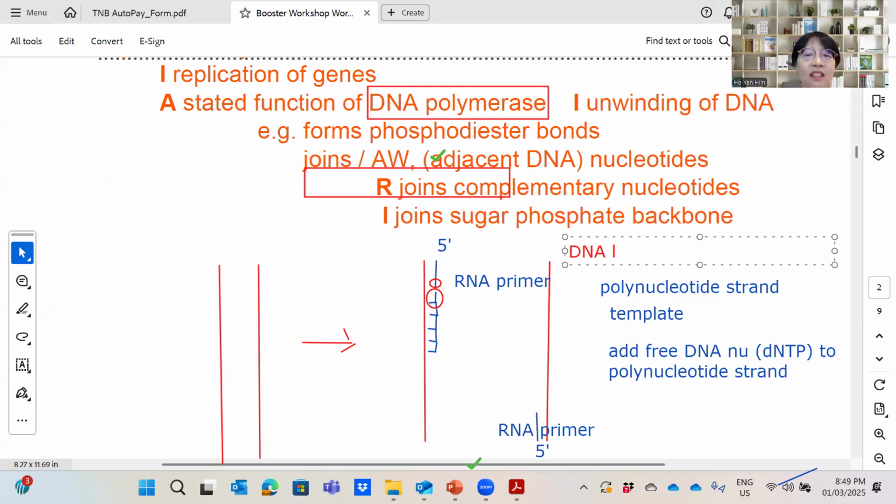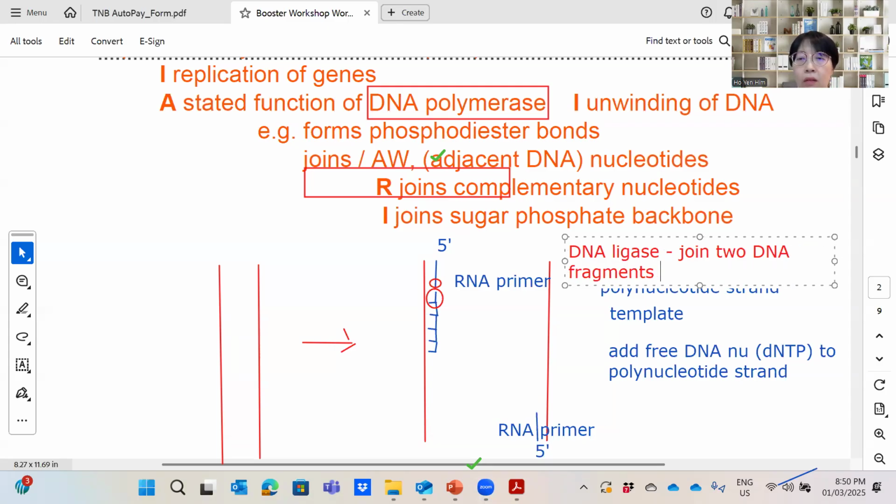Who knows? Anyone of you know? DNA ligase, DNA ligase, okay? Yes, Samantha, correct, DNA ligase. So the ligase function is different. Ligase is to join two short, okay? Join two DNA fragments,